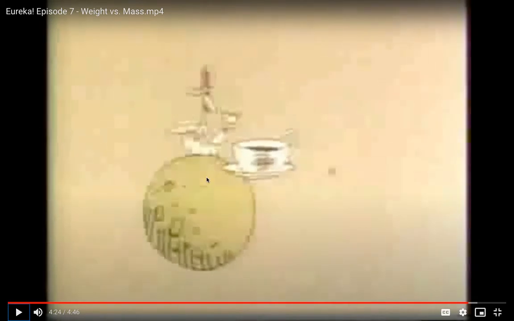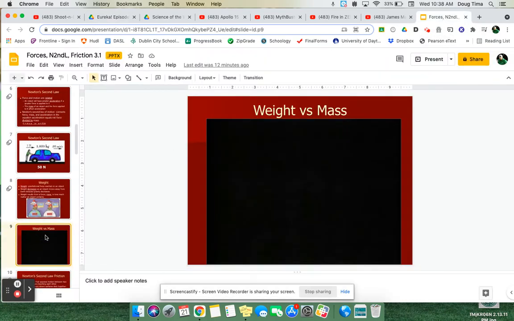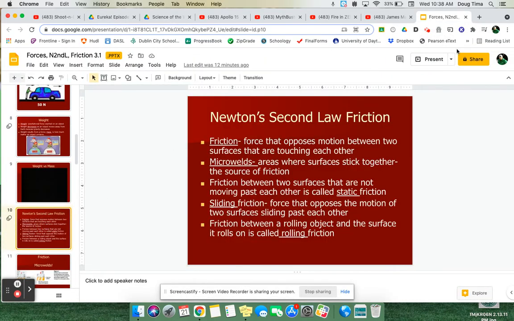I don't know why that's so funny to me, but does anybody know what a cup on a plate is? What this thing's called? It's called a saucer. So this is like a flying saucer. All right. Well, anyway, I told you those are always corny, but they are kind of informative there. But there you go. There's the difference between weight and mass. Okay.